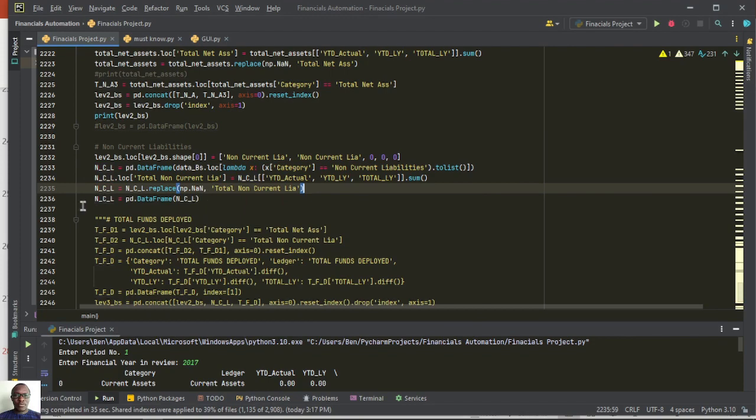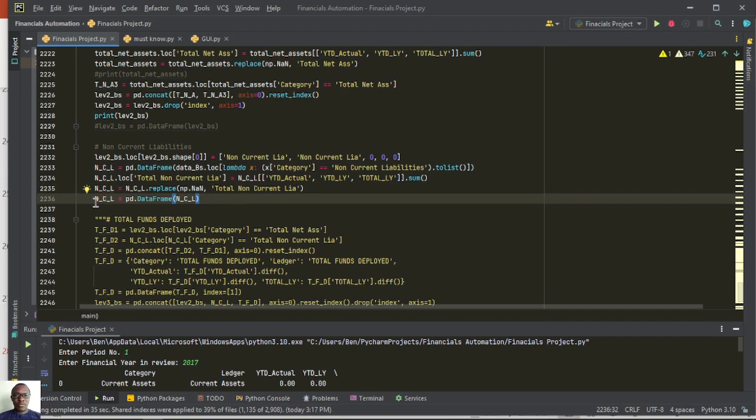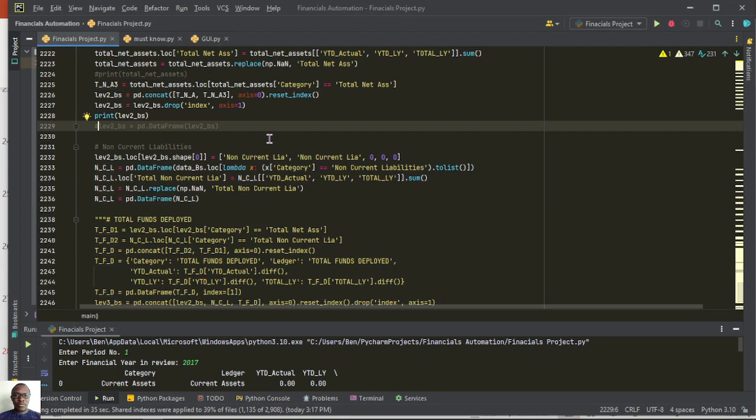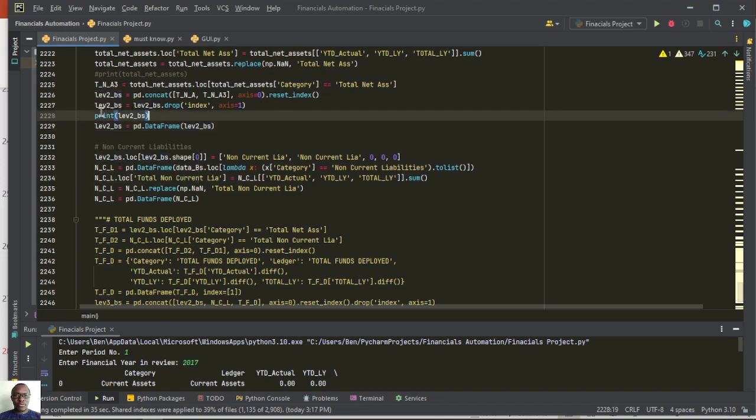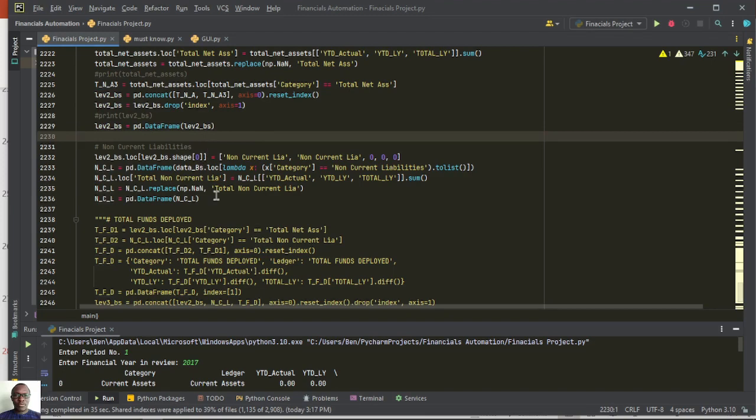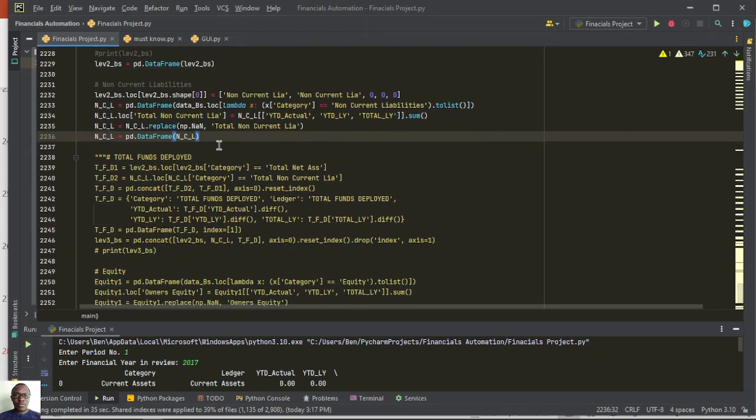Then we are trying to do the same in our data frame. I think this is unnecessary, but there must be a reason why. Let me just uncomment this one out. There could be a reason I did this. So this has been put within a data frame. So from there now we have our net current liabilities. Then from the net current liabilities, we need to get the